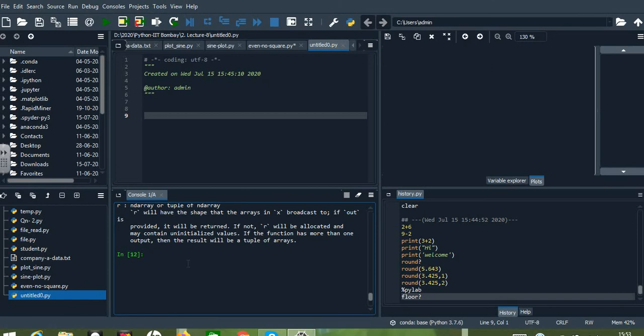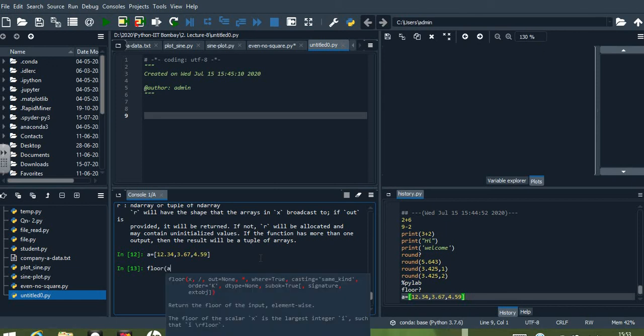Let me give you one example for this floor. a equals, let me take some set of values: 12.34 comma 3.67 comma 4.59. These are the numbers I have, and let me take the floor of a.